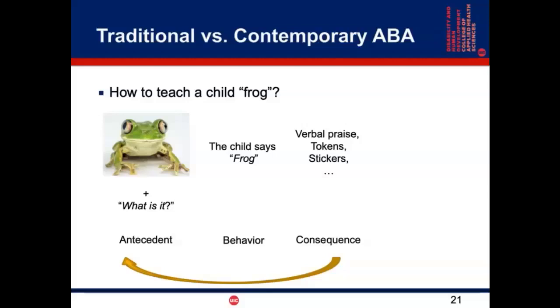If you were going to learn Russian, I would do the exact same procedure with you as an adult. I would show an image of a frog and say, what is this? You'd say frog. I'd say, tell me what it is in Russian. You're like, I don't know what the heck it is in Russian. And so I would say, it's a this. I don't know what it is either, honestly. But then you would make the echoing response.